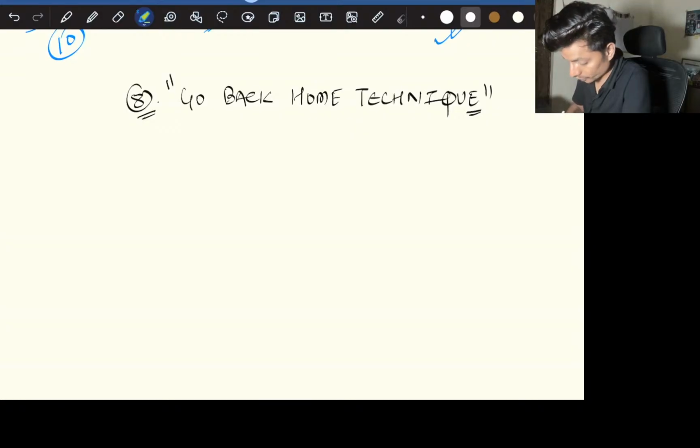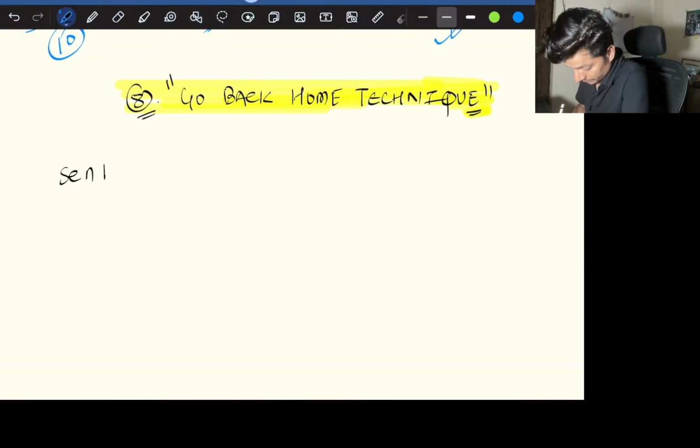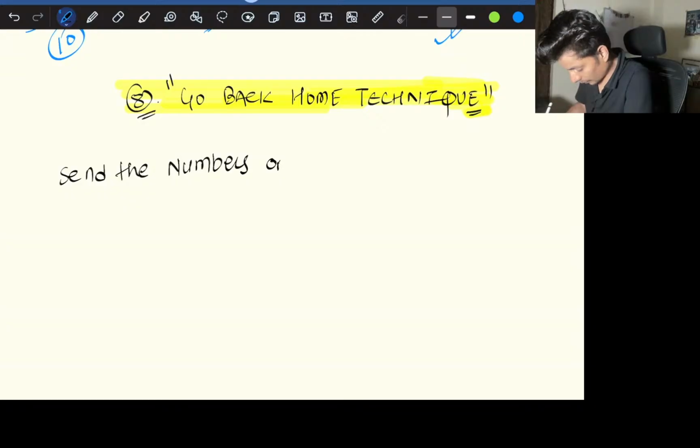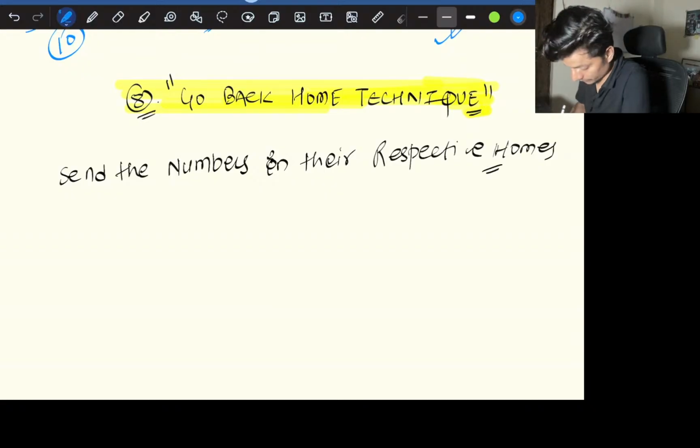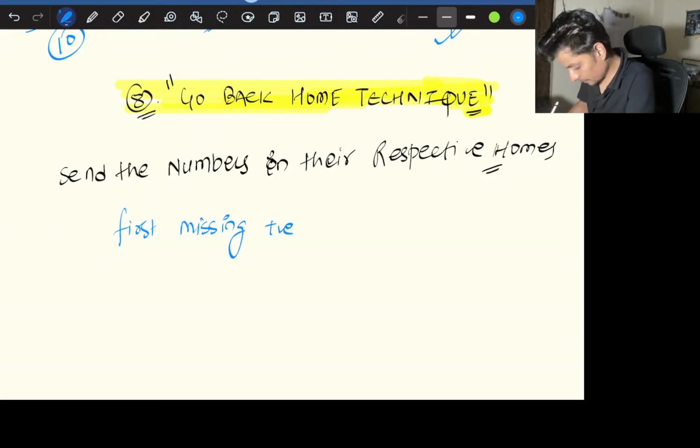We'll begin the go back home technique. So in the go back home technique, what we used to do was to send the numbers to their home. We remember a question called first missing positive integer. Over there, guys,